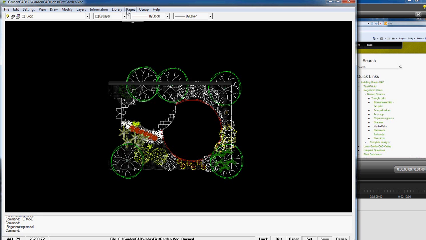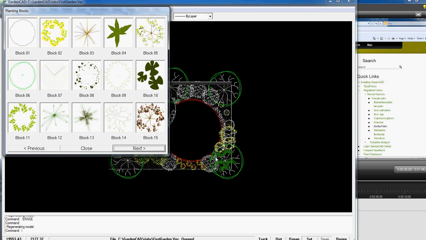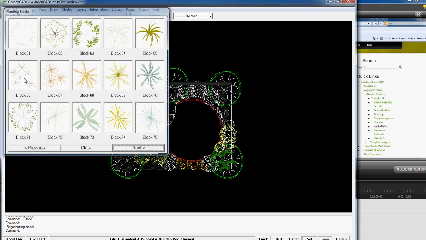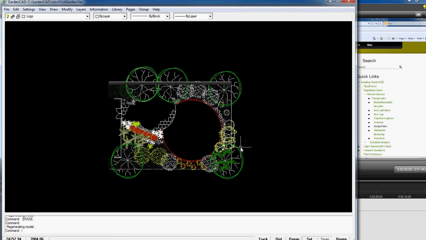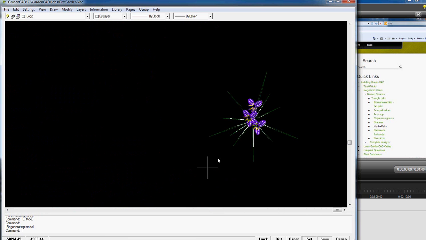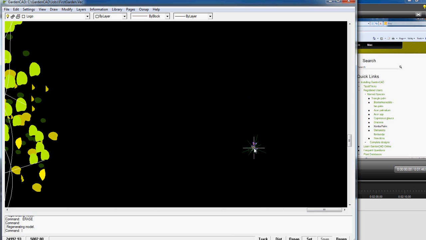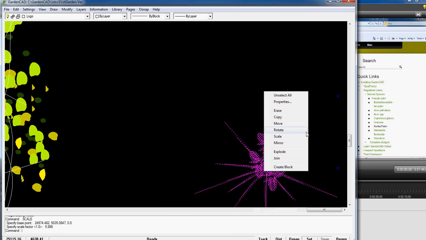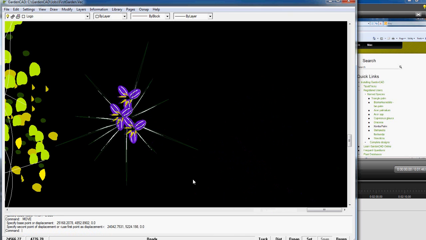Now when I pick the library and the plant selector, and I scroll across to the panel containing 66, with an ounce of luck, when we pick it and pop it in, in will go the Dianella symbol, and it's in. Remember, it's a symbol for a very small shrub, which is why I had to zoom in, and of course there's nothing to stop you selecting it and scaling it dynamically and making it much larger and moving it into position. So we've achieved our aim. We've substituted one of the older symbols in GardenCAD for this new one,